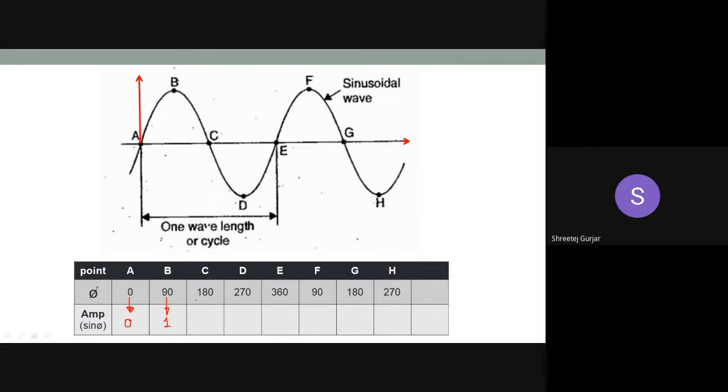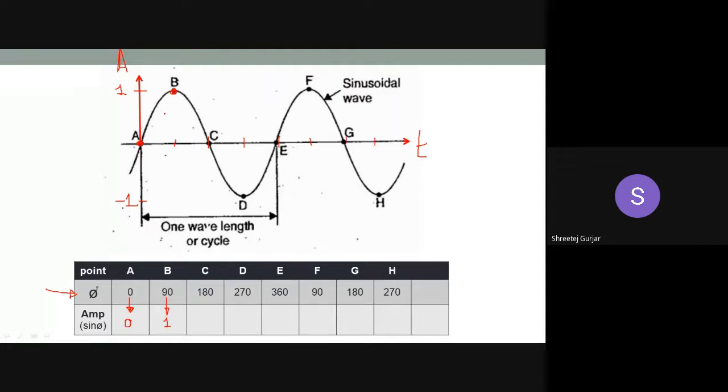As I write these down, I shall plot. Consider that these points A, B, C, D are not there. We have only the time axis and the amplitude axis. At zero phase, the amplitude is zero. At 90-degree phase, the sine value is 1. Consider this as 1 and this as -1. So 1 I have marked over here. This is 0, this is 1 second, 2 seconds, 3, 4, 5, consecutive.